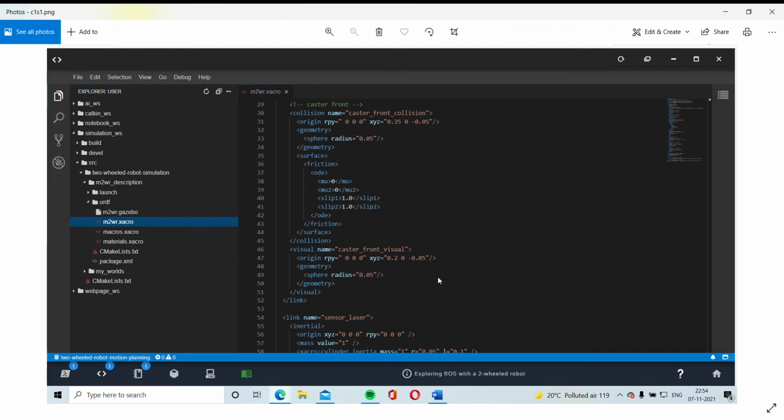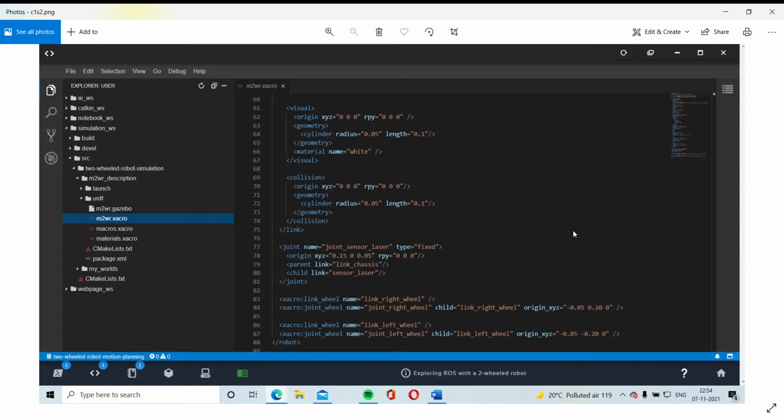So all of these elements have some common properties like inertial, collision and visual. The inertial and collision properties enable physics simulation and the visual property controls the appearance of the robot. The joints help in defining the relative motion between links, such as the motion of wheel with respect to the chassis. The wheels are linked with cylindrical geometry. They are oriented such that rolling is possible. The placement is controlled via the XYZ property. For joints, we have specified the values for damping and friction as well.